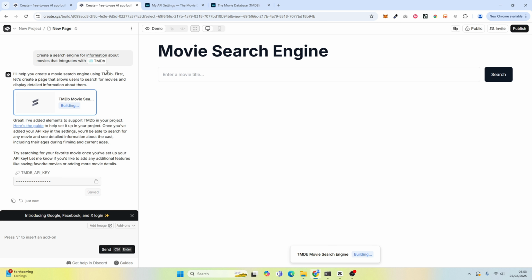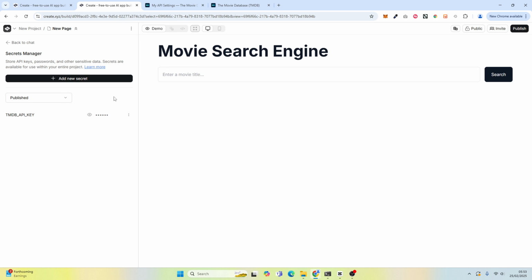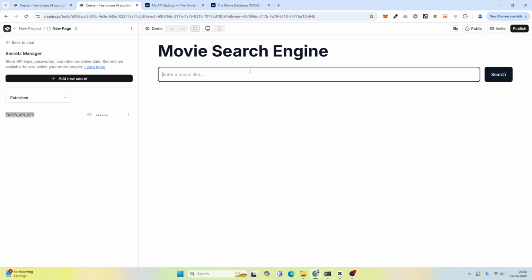This is still loading. Okay, it's finished now. What it's actually doing here is, if I go to secrets, it's saving my secrets here, so I can actually delete this, add a new secret. So if I added the wrong API key, I can actually create a new secret as long as I use that as the key. And I'm going to say Batman again,